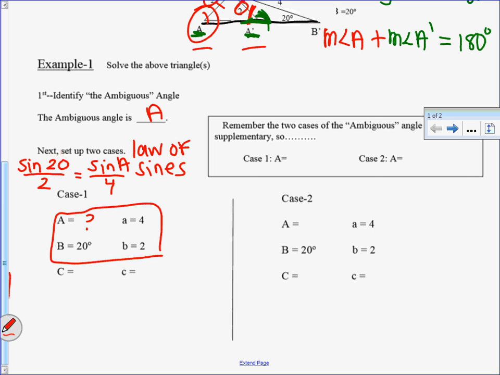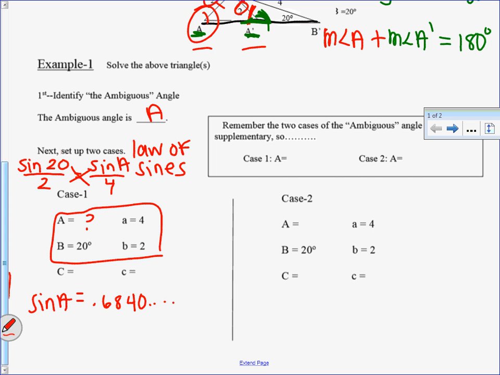You're going to cross multiply, and when you solve it, make sure you're doing the inverse sine to get A. So when I cross multiply, I do sine 20 times 4 divided by 2, and I get a really small decimal number. So I know that sine A equals